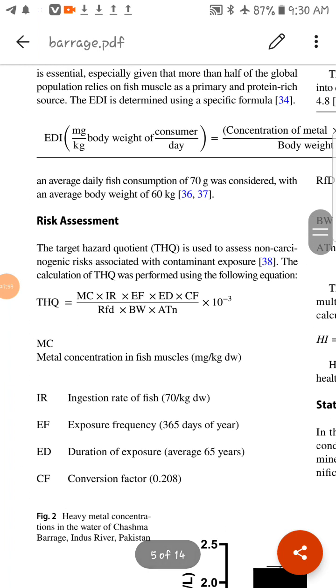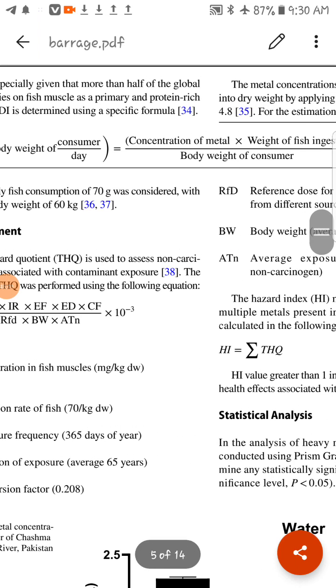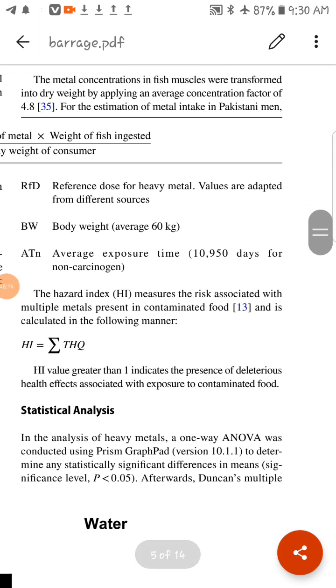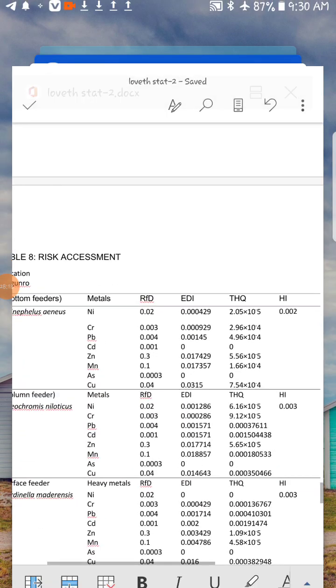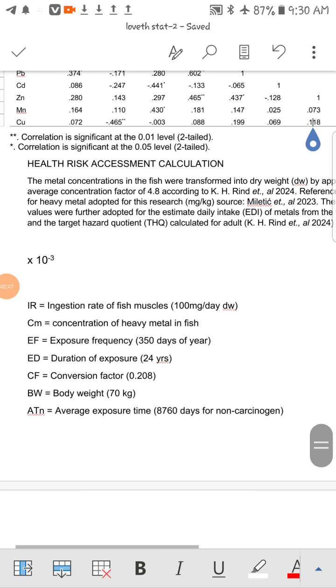And the body weight that was used here is 60 kg, which is right, with an average body weight of 60 kg. And then the average exposure time. Here they use 10,950 days, but I use different values. I use 8,760 days for non-carcinogenic, because for the risk calculation you are doing, all those words are very important when you are